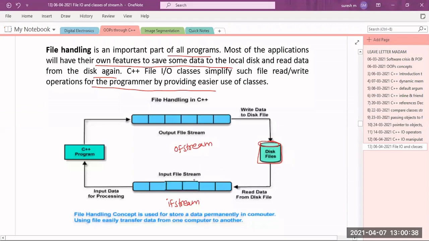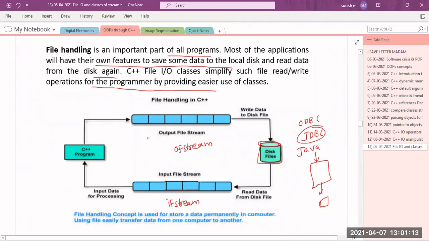In higher languages, we have different concepts like ODBC and JDBC. The data is stored in files, and if I want to take that data through my program, in the case of Java we have the JDBC concept, that is Java Database Connectivity. The files are in databases or on the hard disk, and if I want to interact with them, we have this JDBC interface. In the same manner, this is an interface.